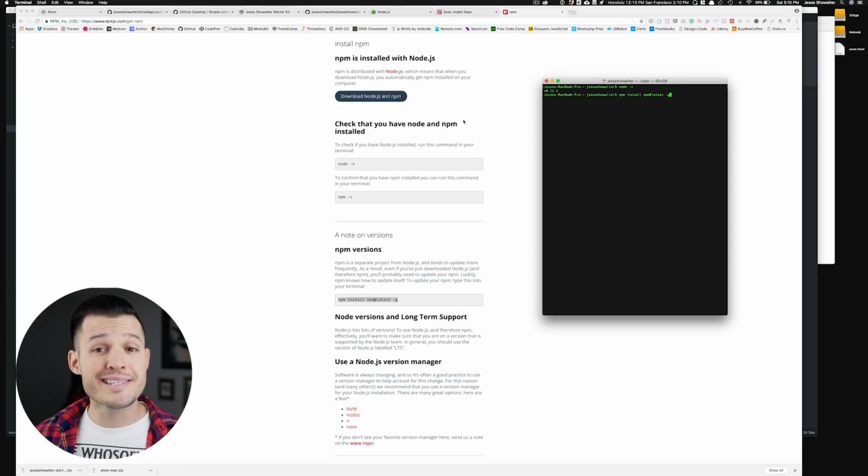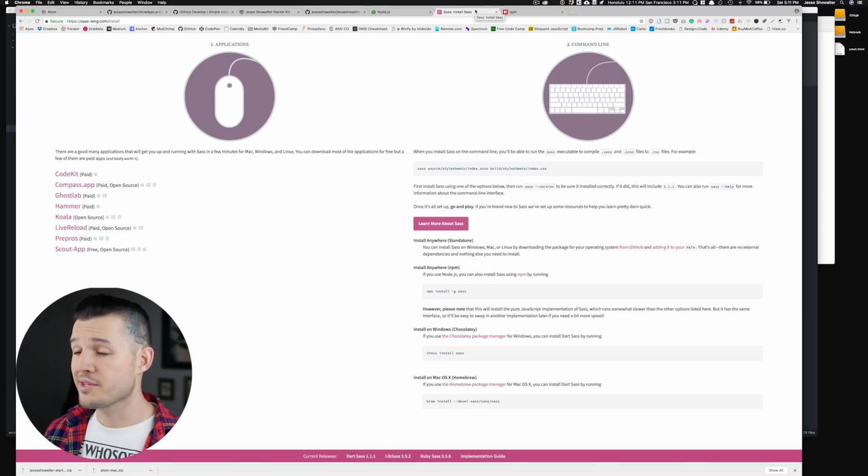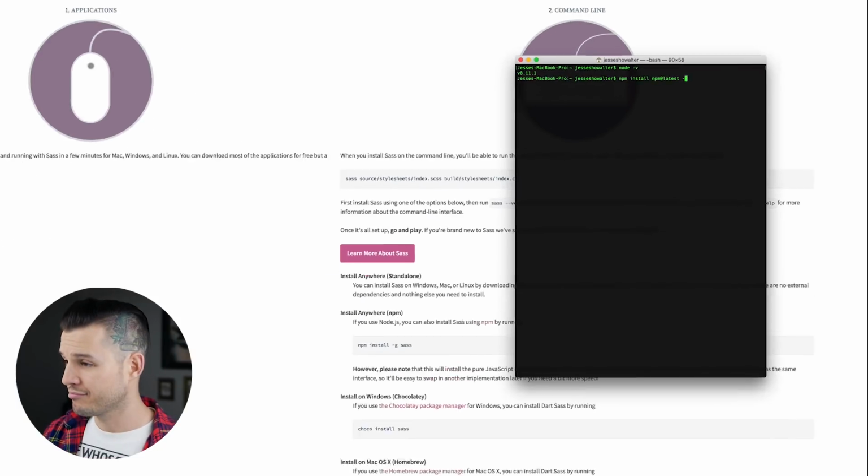After that, we want to be using Sass on our project, right? We don't want to be using basic CSS. We want to pre-process with Sass. So we're going to go to sass-lang.com/install. That's where you can learn more about Sass and how to use it and all of its different complexities. But basically, to get it set up, you're going to open up Terminal again, right?